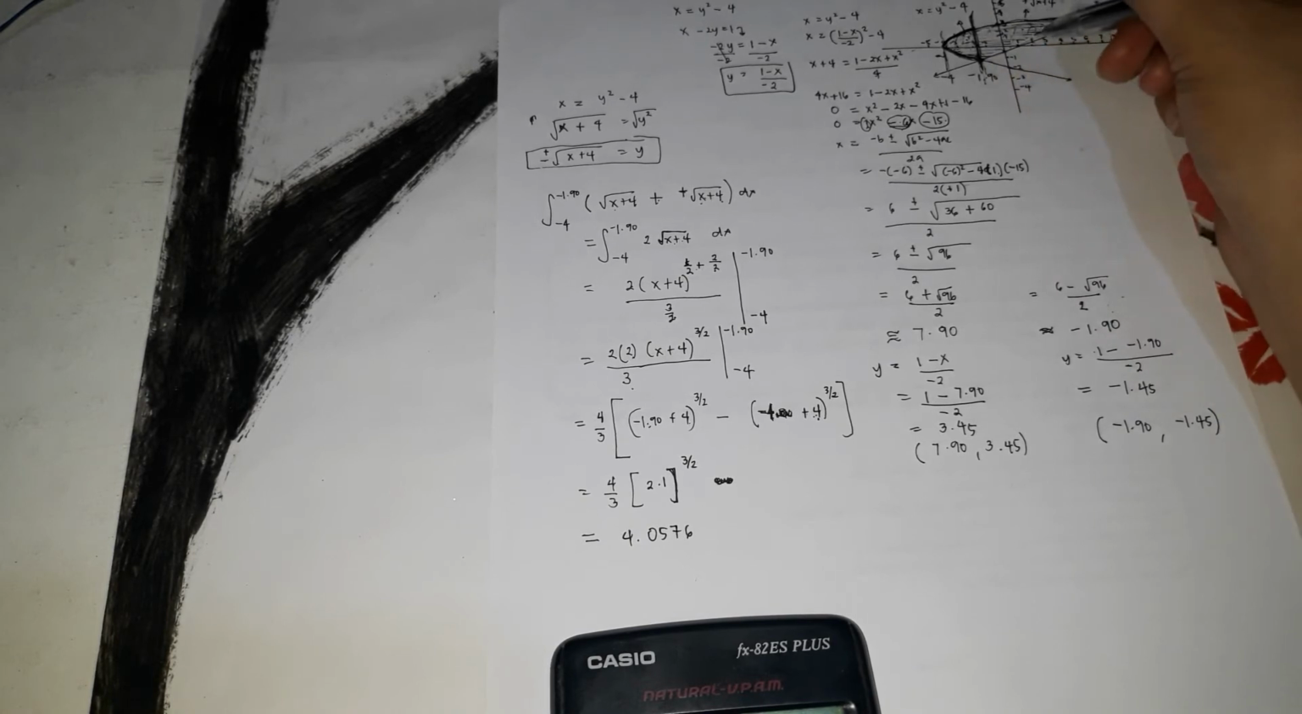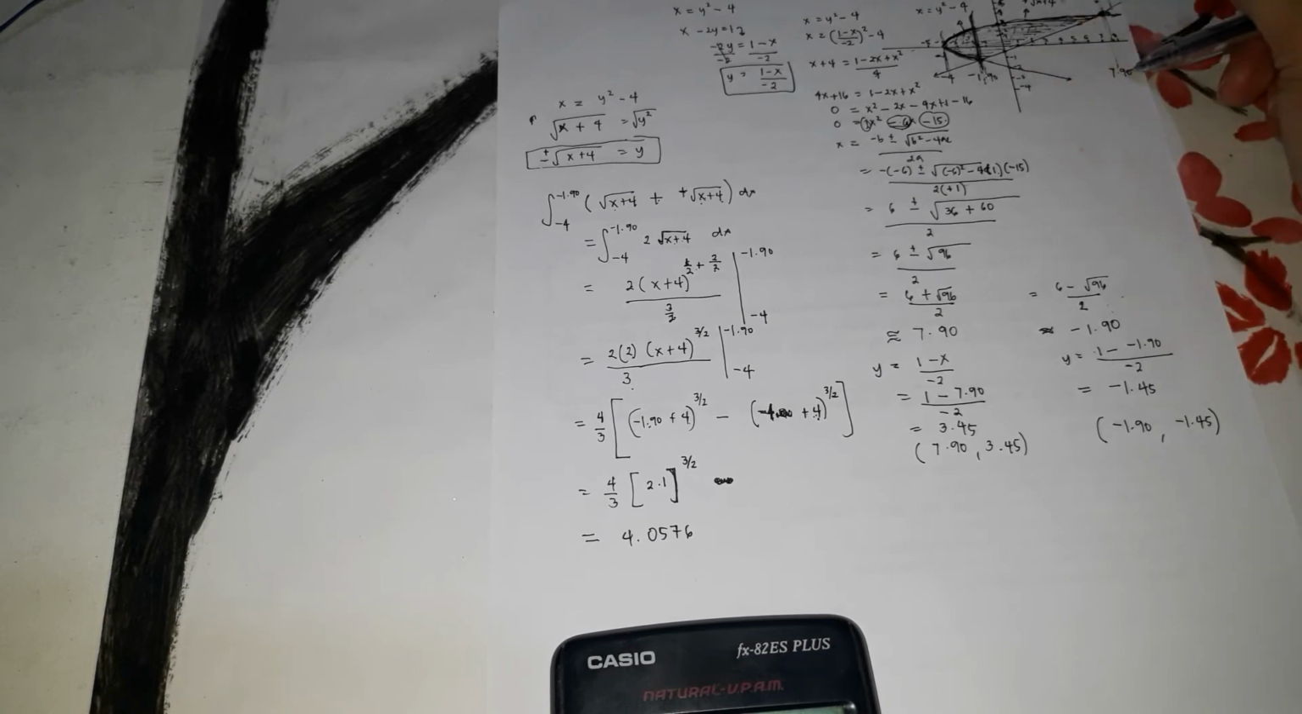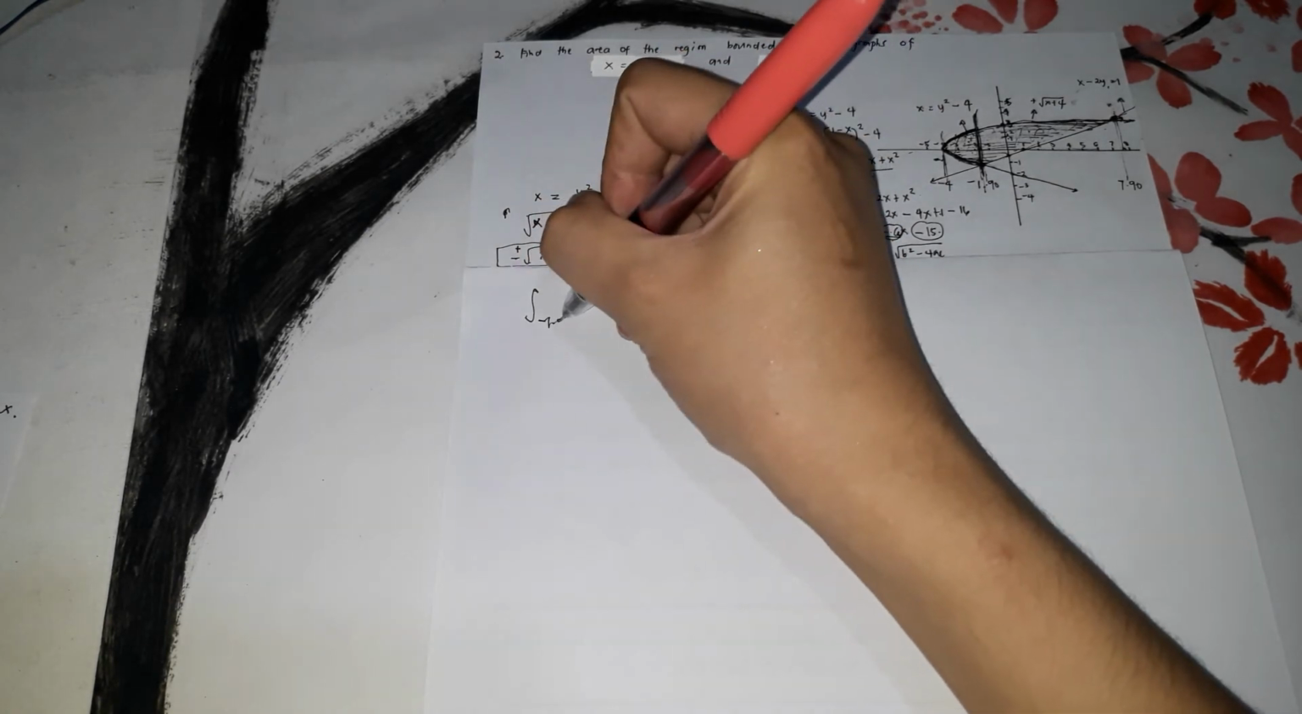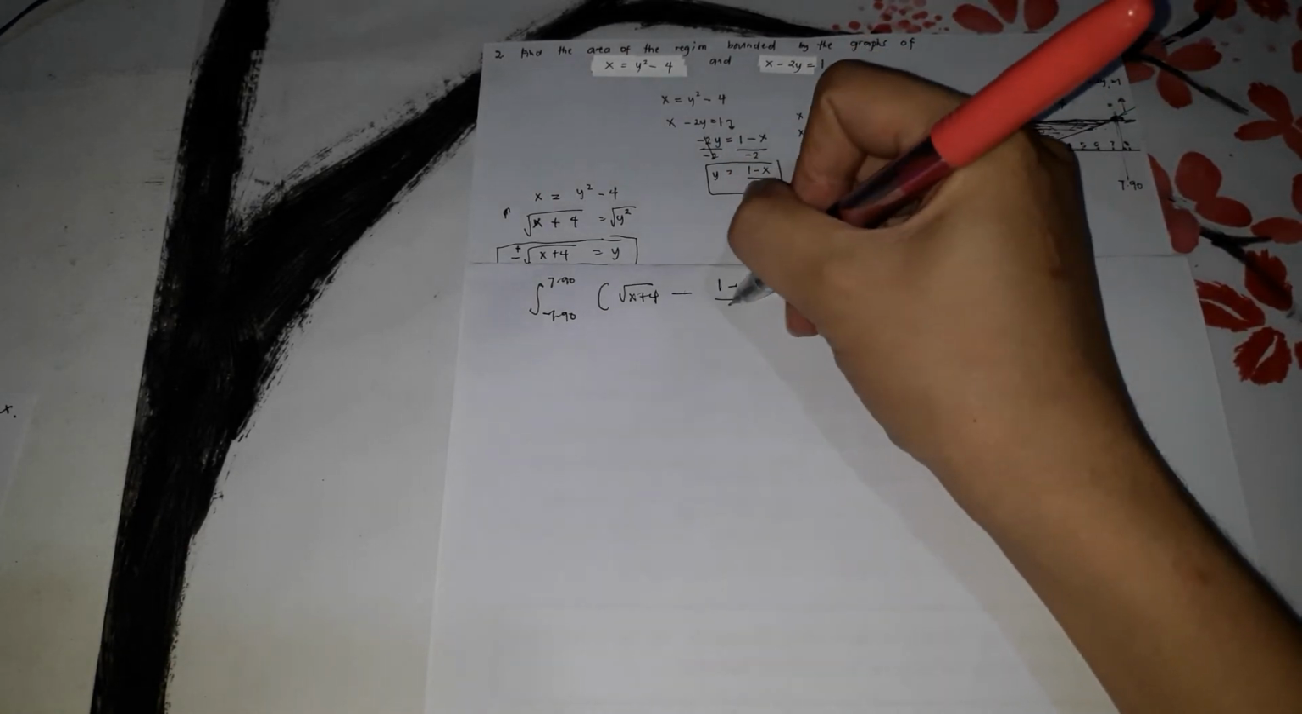So we're going to have now the second region for this one, which the lower limit is negative 1.90. Yung sa taas is 7.90. So for this one, it's from negative 1.90 to 7.90. So the upper is yung positive square root of x plus 4. Ang sa lower is minus. Ang line is 1 minus x over negative 2 dx. So is equal to